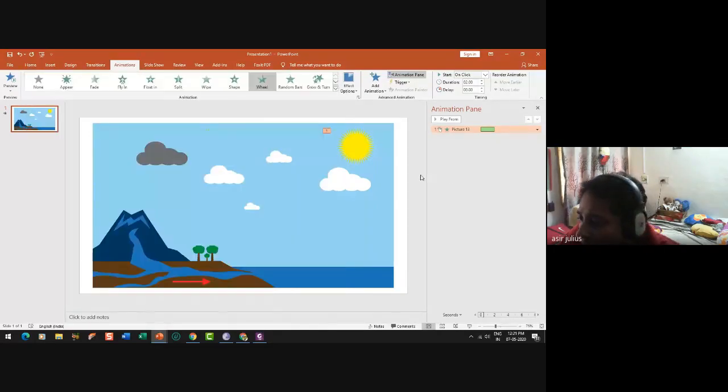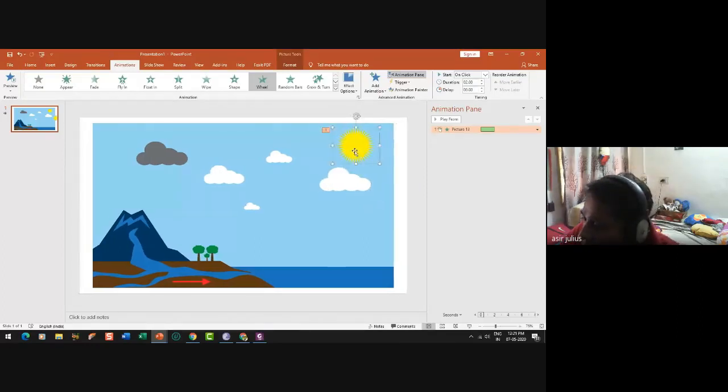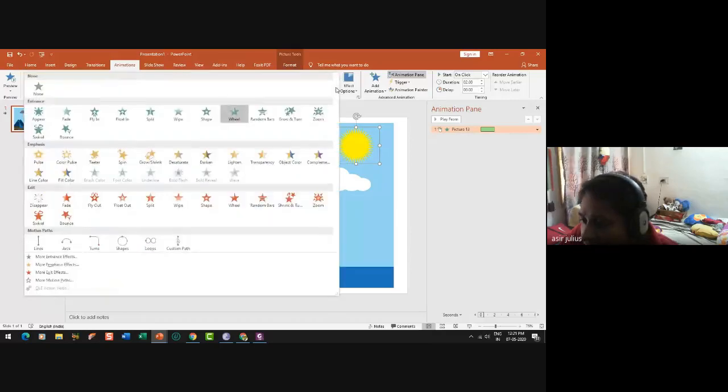As I said, this sun is a bright colored one. We need to give some kind of emphasis, not the entrance, because the sun is already present. If it is not present, we can give entrance. It is already present, so I am going to select from the emphasis.